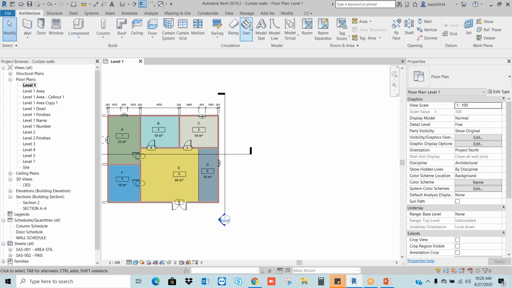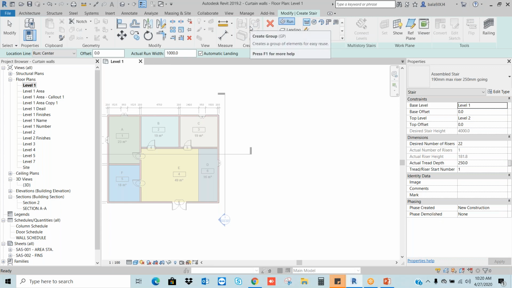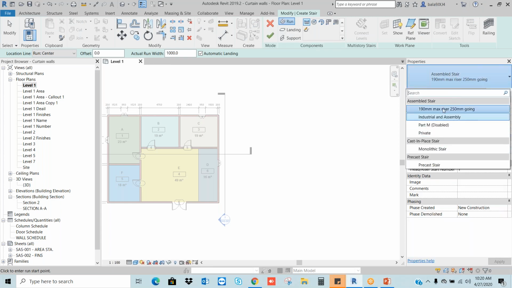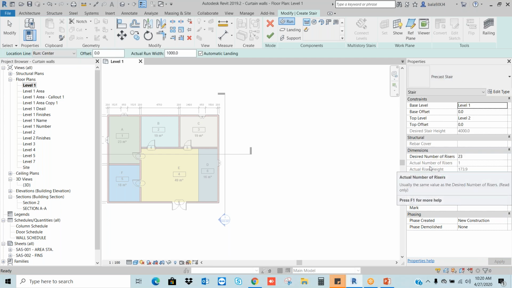In architecture, staircase. When I click on the staircase, here I will get the different kind of the types. The stairs have the different type of the stairs. You can choose anything. Let's say now I am going to use the precast stair. When I choose the precast, here you can see the base level, top level. Always I'm repeating again and again. These base level, top level are the most important for the walls, columns, stairs, whatever you want.